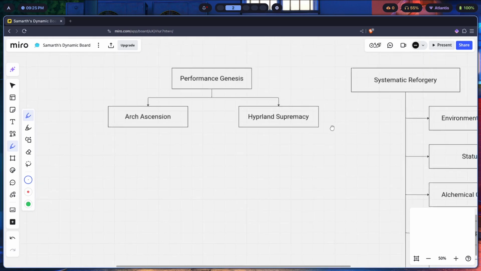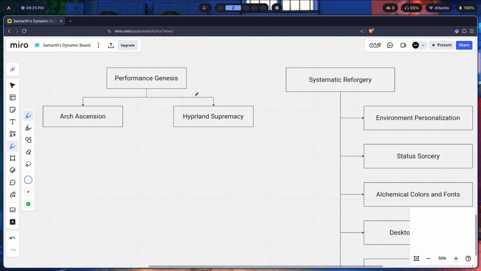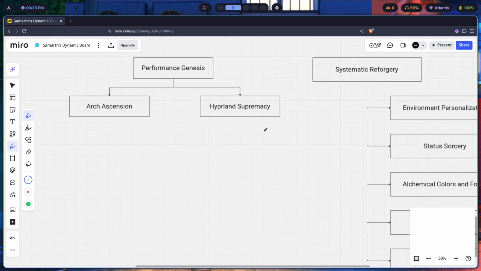Okay, then next up, we have Hyprland supremacy. Now, there's a reason why I put this here, okay? Now, the second part is basically installing Hyprland the right way. Yes, there is also a potentially incorrect way of installing Hyprland, and that mostly depends on what you're trying to do. Now, for 99% of people, if you install Hyprland through like the normal bin version, it's going to work,